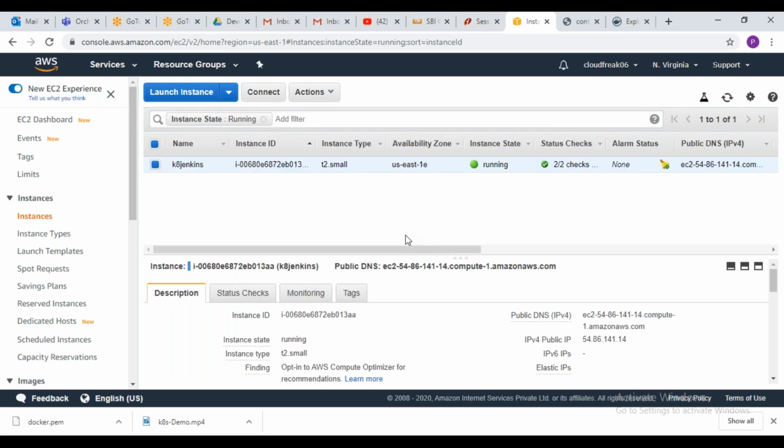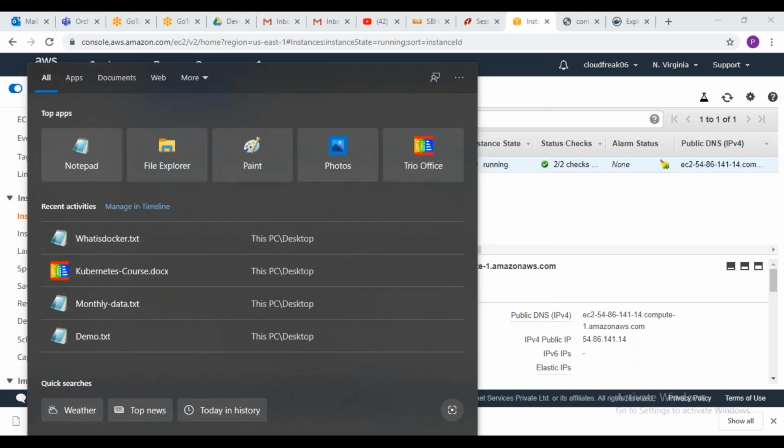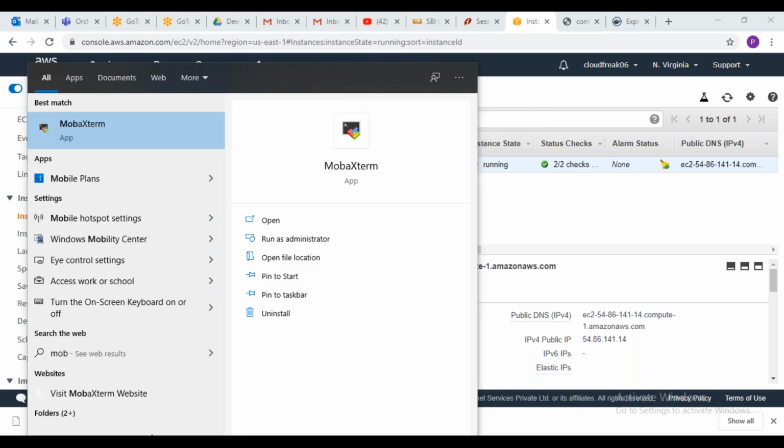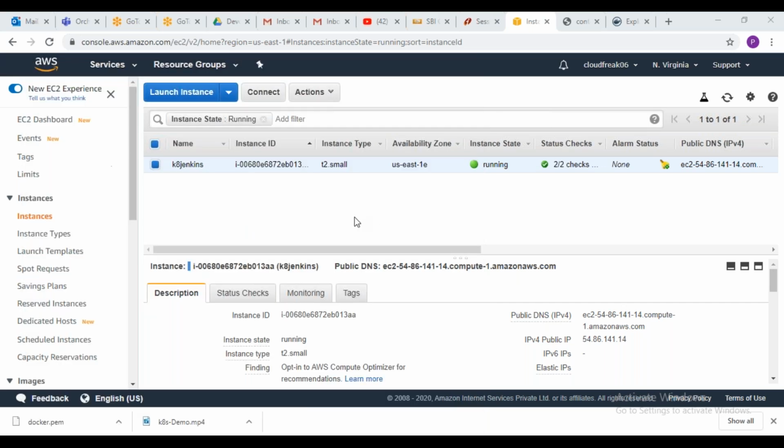So you need to use a MobaXterm tool to connect to the Linux machines. Those who are new to Linux, you should be good in Linux, because if you want to become a DevOps engineer or machine learning, Hadoop, anything nowadays, Linux is compulsory. So try to learn Linux if you don't have knowledge of Linux. So we are going to use the MobaXterm tool. Previously we used to have a PuTTY tool, but in the MobaXterm tool we have a lot of features, so we can use this tool to connect to the Linux machine.